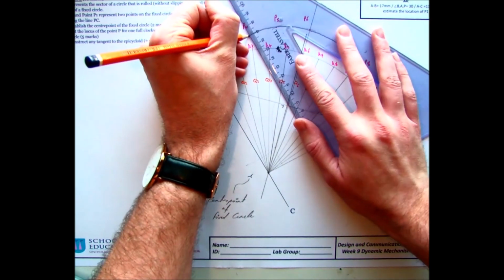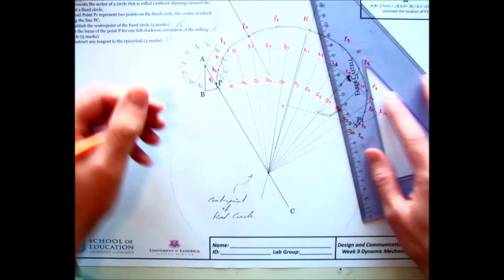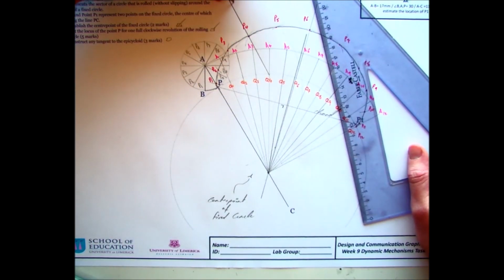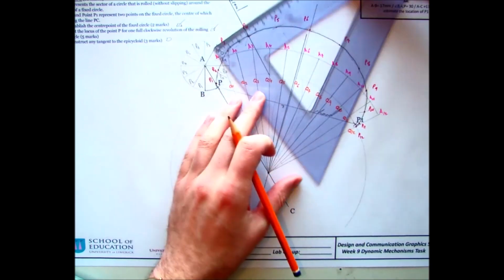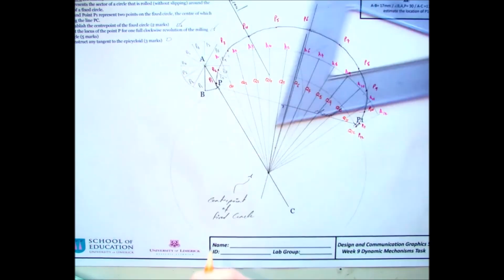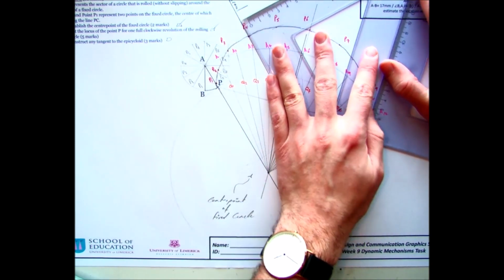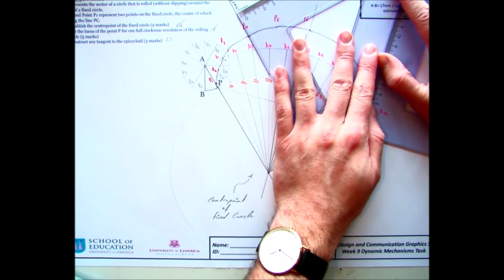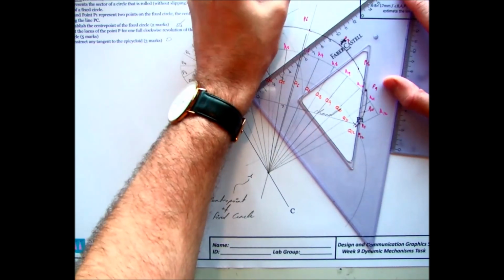So if you draw a line from Q4 straight through it, like so, you have a normal. Then all you have to do is go 90 degrees to that, like so, and you have a tangent